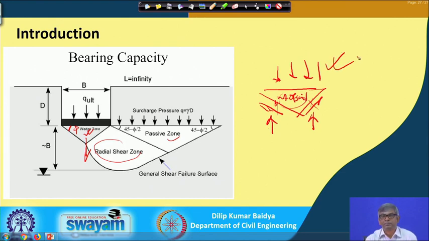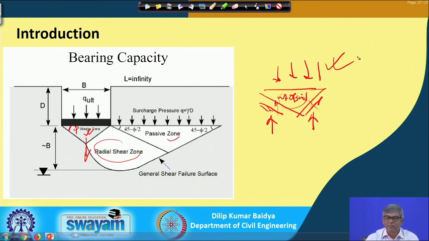If I do this, then finally we will be able to express bearing capacity in 3 components: one is called the cohesion component, another is the surcharge component, and another is the density component. Those 3 components will have 3 factors, called bearing capacity factors. Cohesion related factor is Nc, the bearing capacity factor for cohesion. Similarly, the surcharge factor is Nq, the bearing capacity factor for surcharge, and the third one is N gamma, which is the bearing capacity factor for density.